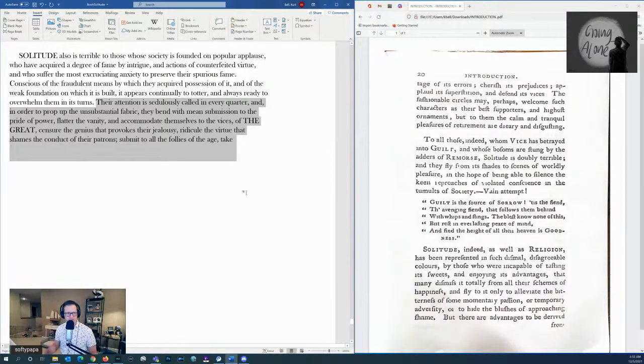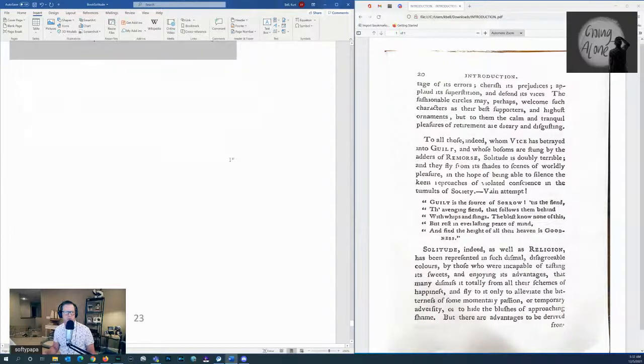Their attention is sedulously called in every quarter, in order to prop up the unsubstantial fabric, they bend with mean submission to the pride of power, flatter the vanity, and accommodate themselves to the vices of the great. Censure the genius that provokes their jealousy, ridicule the virtue that shames the conduct of their patrons, submit to